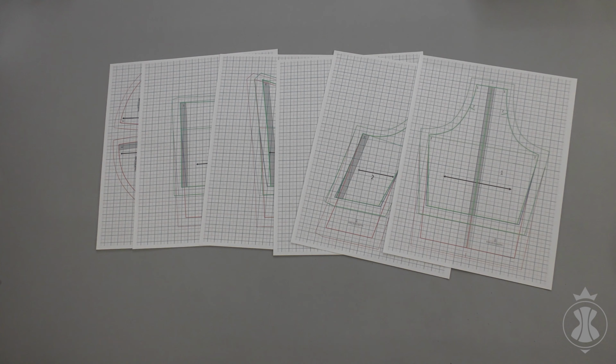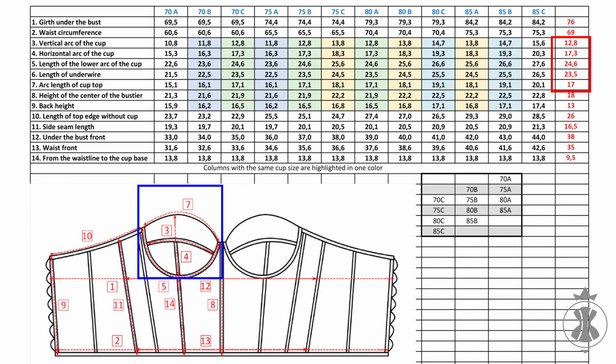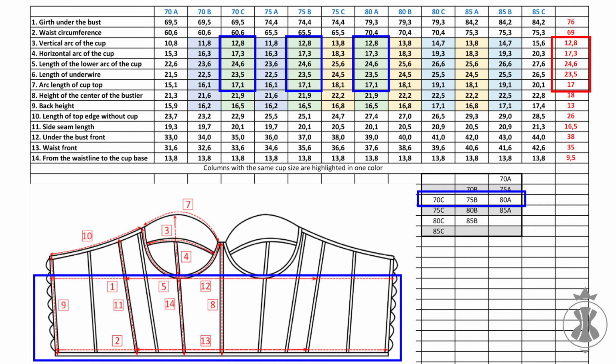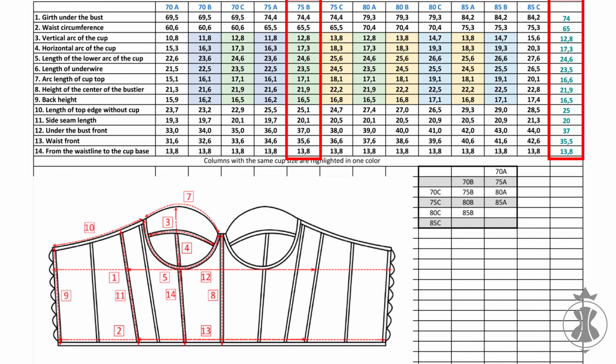The adjustment of the pattern with cut-off cups takes 2 steps. Step 1 is the selection of the desired size of the cup from the patterns at hand. Step 2 is the selection of the bustier body pattern or its adjustment to the required size. In my case, the dress form has standard dimensions, so adjusting the pattern wouldn't be exciting to watch.